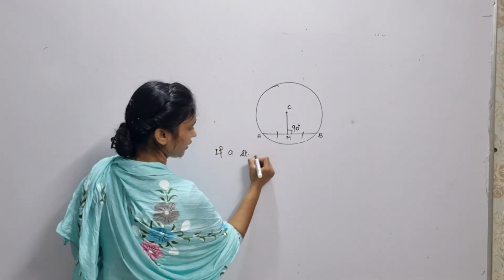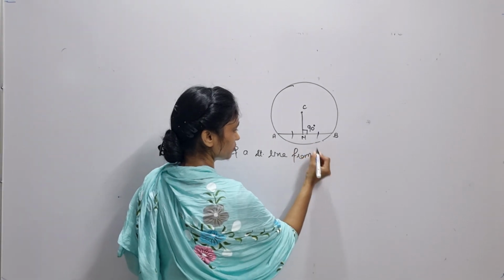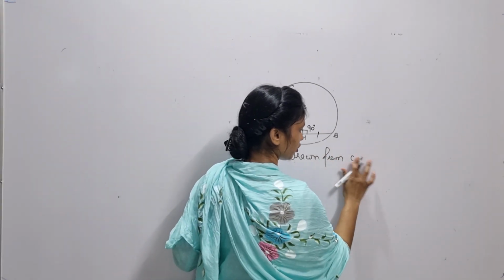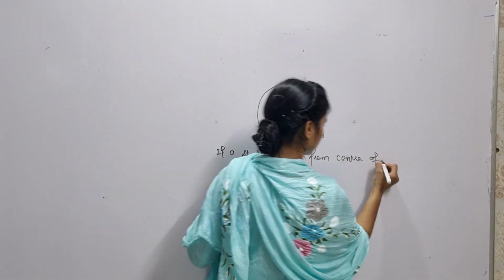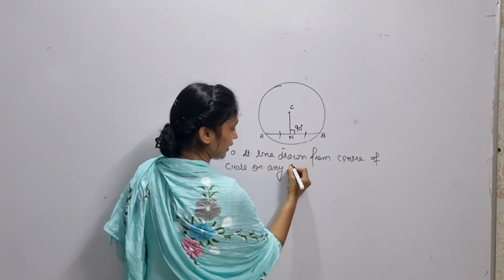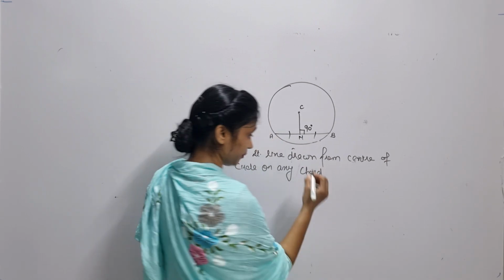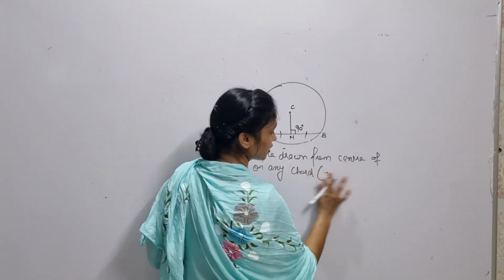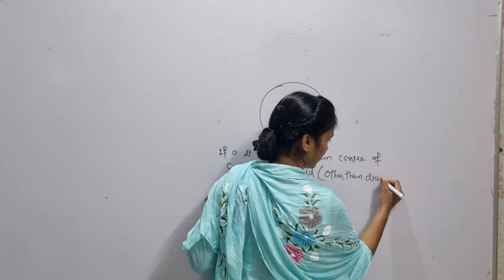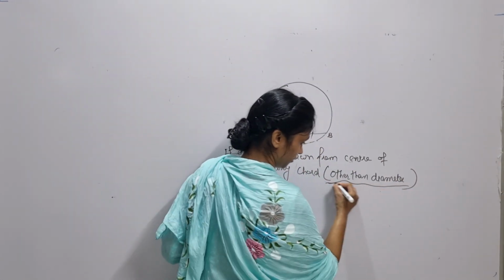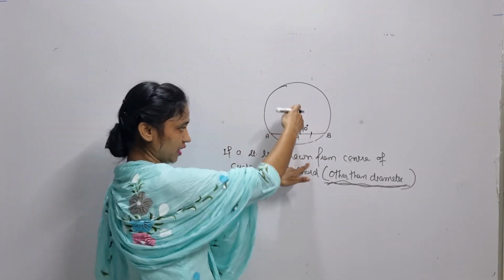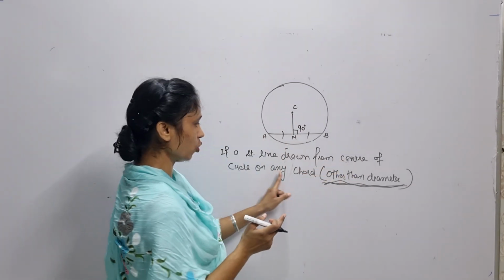If a straight line drawn from the center of the circle on any chord, keep in mind, not other than diameter, other than diameter means वो chord diameter नहीं होनी चाहिए जिस chord पे आप draw कर रहे हैं। ओके, other than diameter, if a straight line drawn from the center of the circle on any chord